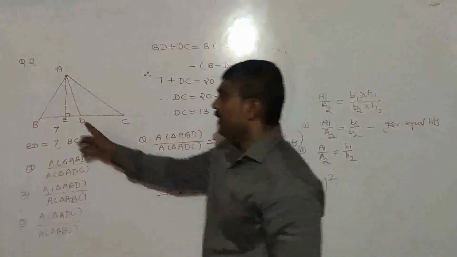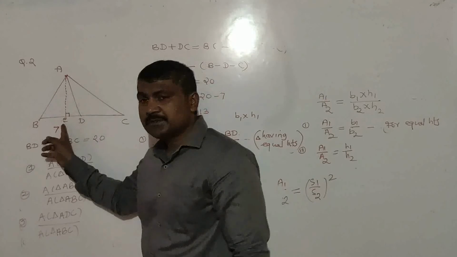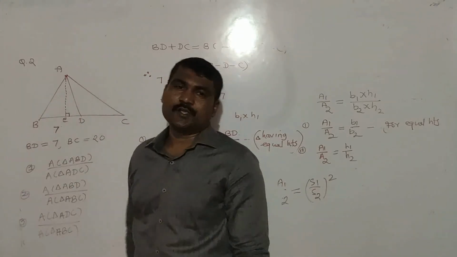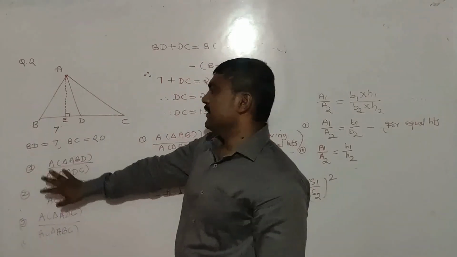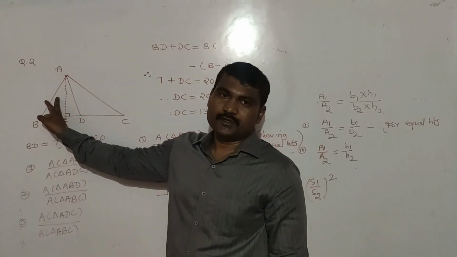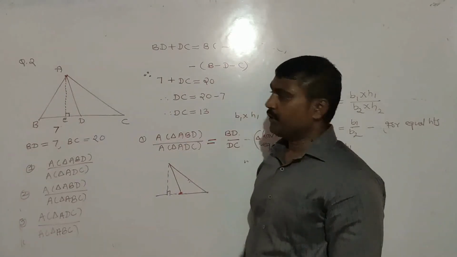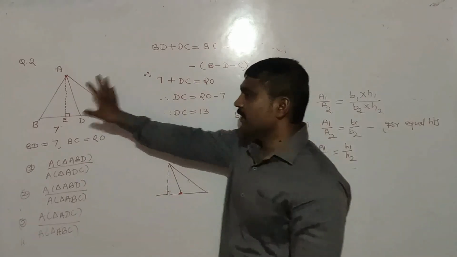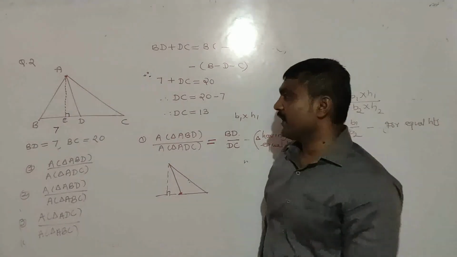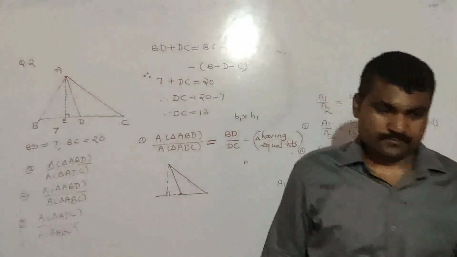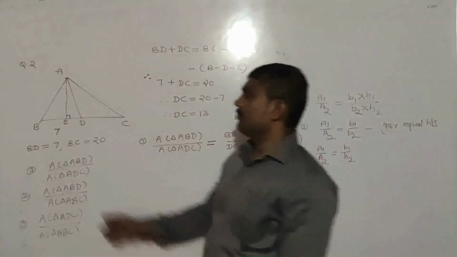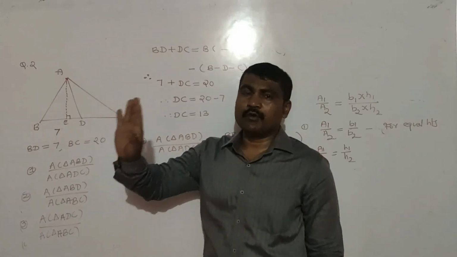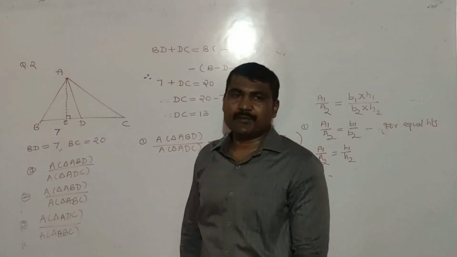That's why a perpendicular सिर्फ तुम्हें समझ में आने के लिए मैंने perpendicular ड्रॉ किया है. Otherwise there is no need to write perpendicular here. Okay? एग्जाम में भी ये perpendicular ड्रॉ करने की जरूरत नहीं है. You have to understand. Okay? The given two triangles have equal heights. सिर्फ प्रॉब्लम देख के तुम्हें समझ में आना चाहिए कि इस दो ट्रायंगल की हाइट सेम है. So in given problem there is no need to draw this perpendicular. You have to identify, you have to just guess the two triangles having equal heights.